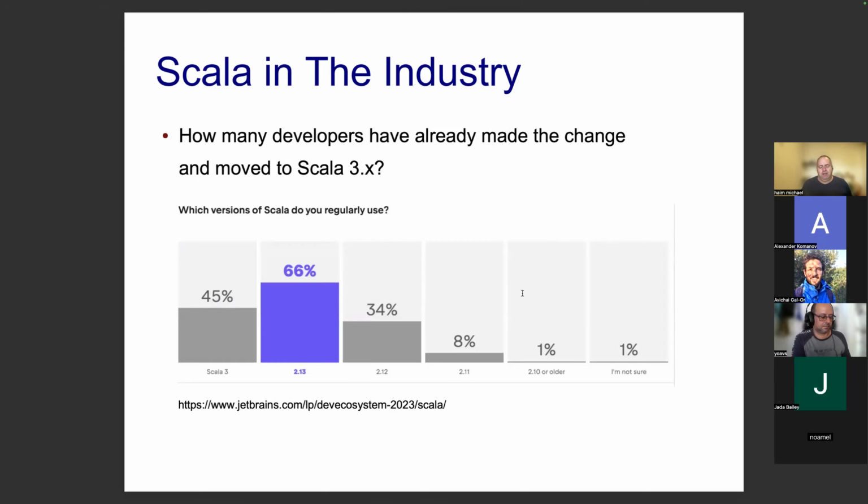Another question that is interesting these days is how many developers have completed the shift from Scala 2 to Scala 3. The new version of Scala includes changes. It isn't the same as we had with Python. When moving in Python from Python 2 to Python 3, the changes were so big that it was nearly impossible to use libraries that were developed for Python 2 when coding in Python 3. So in Scala, there is a difference.